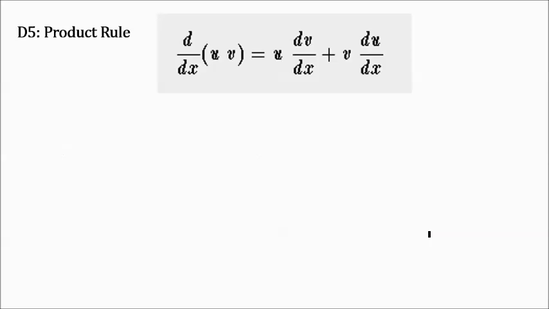So let us go to derivative number 5, the product rule. For the product rule, we have this formula. You get the product of uv. So the derivative is equal to u dv over dx plus v du over dx. For example, y is equal to